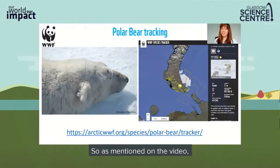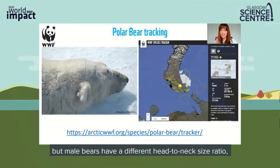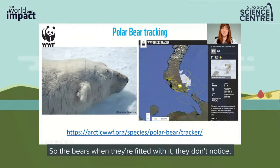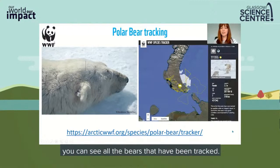So, as mentioned on the video, the female bears are fitted with a collar around their neck, but male bears have a different head to neck size ratio, so the collar would actually just fall off. So they get fitted with one of these ear tags instead. So the bears, when they're fitted with it, they don't notice, they just get up and get on with their day. So you can see this tracking information on the WWF website. If you go to this address, you can see all the bears that have been tracked. This tracking information is used by